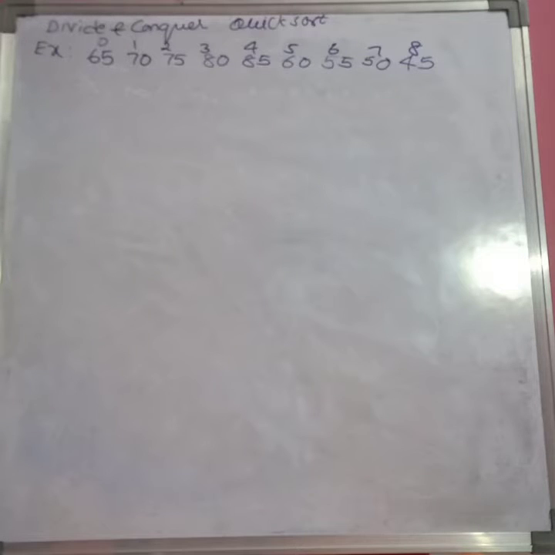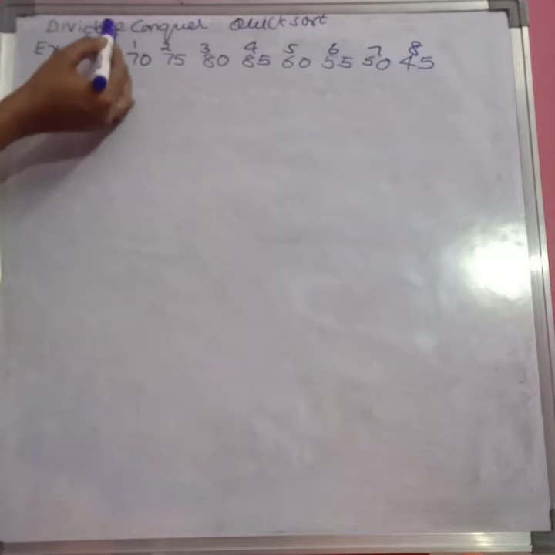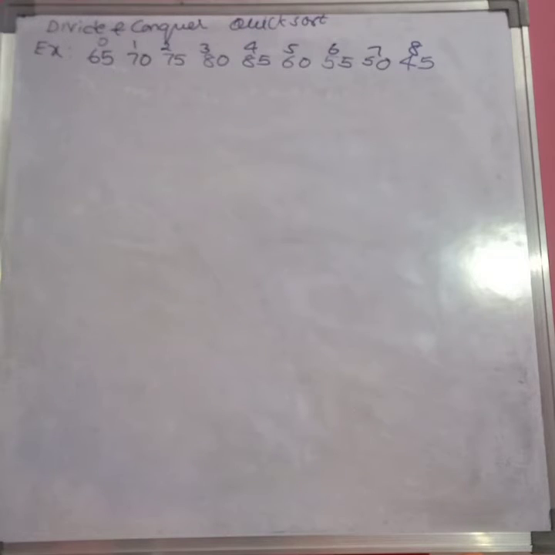The divide and conquer approach, as the name itself says, divides the bigger problem into smaller problems and solves them. Once again, if the problem is still large, we divide that problem again into smaller problems and find the solution for each small problem. After combining the solutions of the sub problems, this becomes the solution of the bigger, original problem.